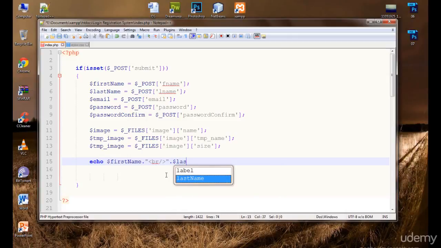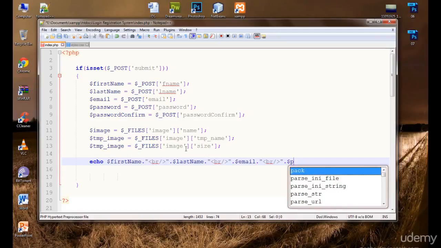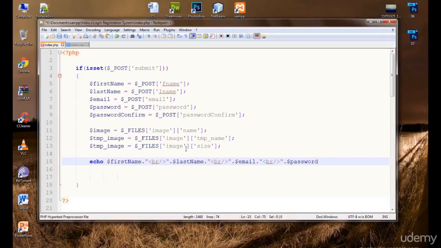Last name, let me copy so it will be easy for us. Now email, now password, now password confirm,